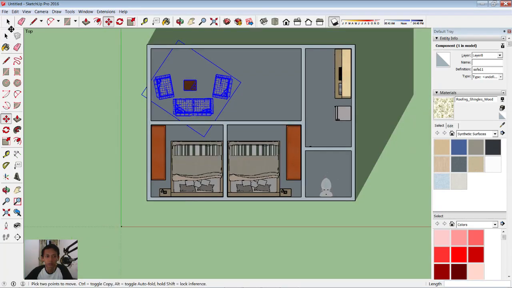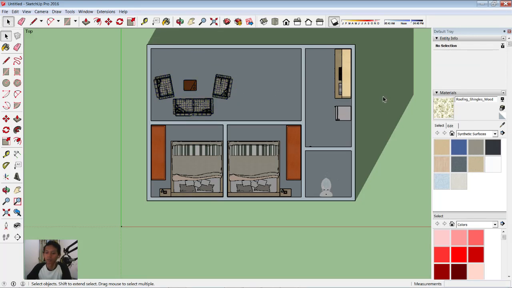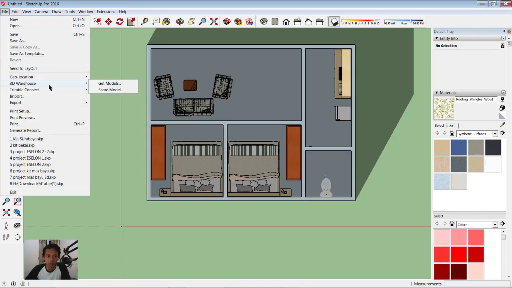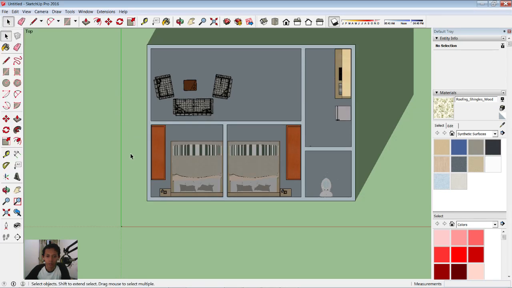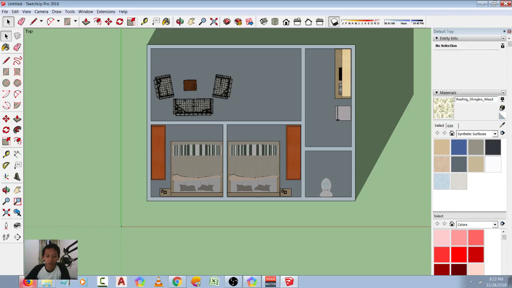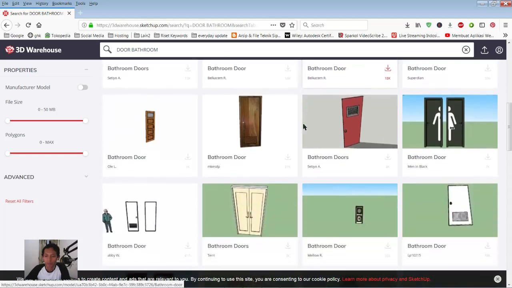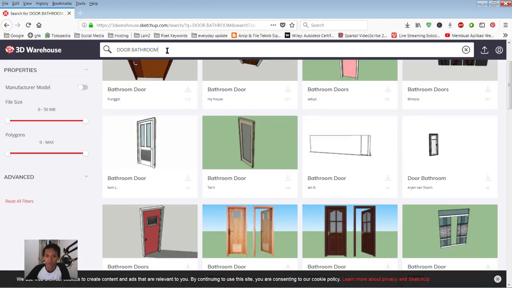Okay, this is for example how to create a 3D floor plan with the SketchUp application, and you can get all this furniture from 3D Warehouse. You can click File here and go to 3D Warehouse, or you can use a browser and go to 3D Warehouse. Okay, like if you want to add a chair,